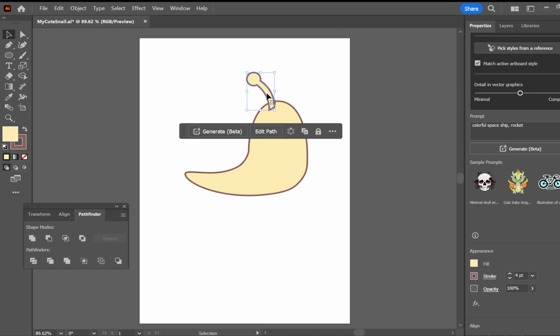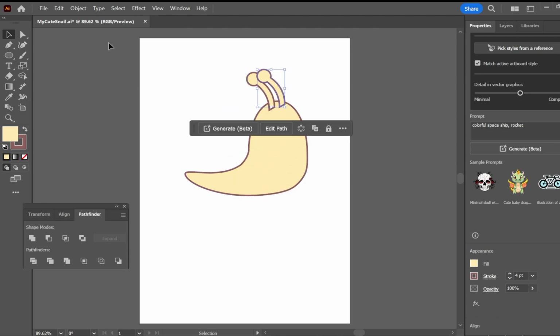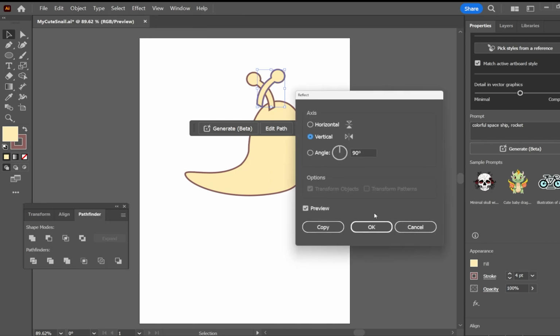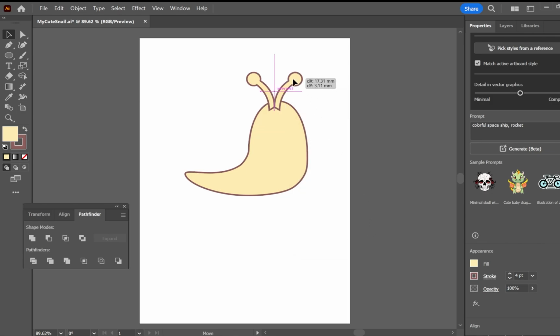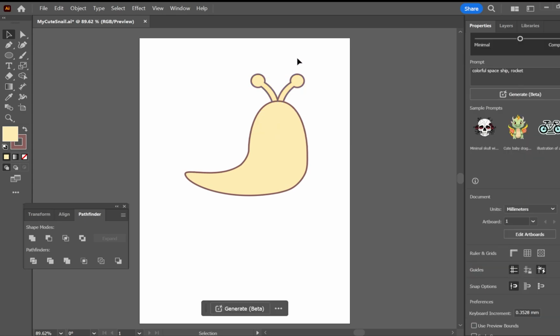And now you've got one side, you can copy and paste with Control C, Control V, and that gives you two of them, and then you can just reflect using that Object, Transform, Reflect tool. I want mine to slightly overlap and sit in the centre, and then I send to back using Control and the left square bracket on my keyboard.